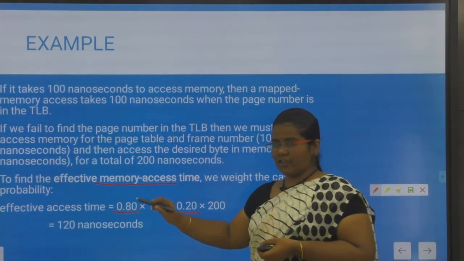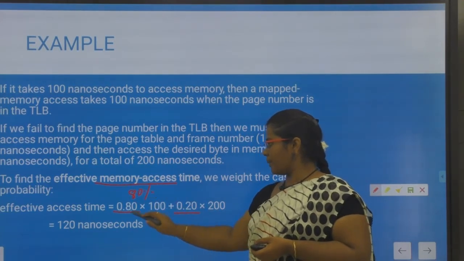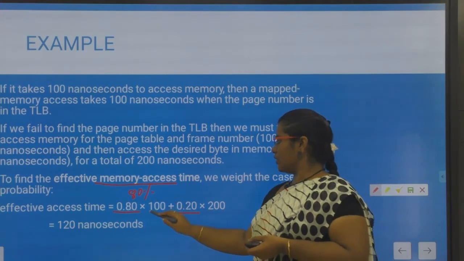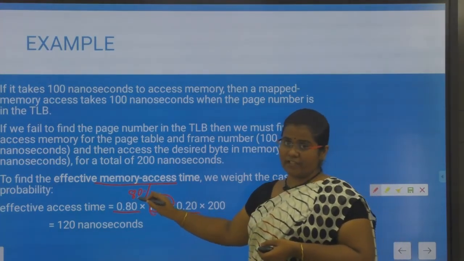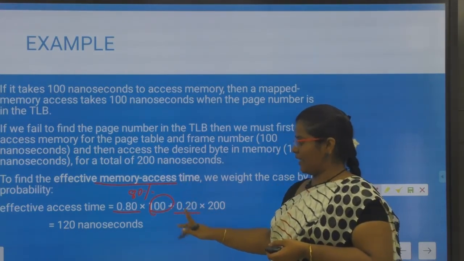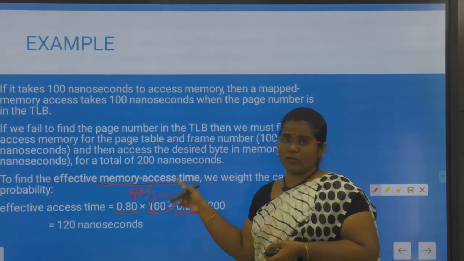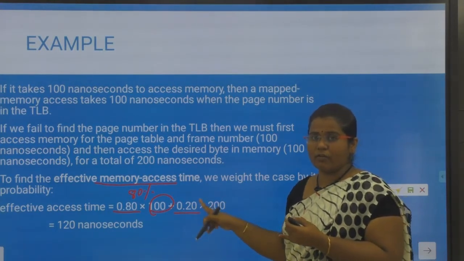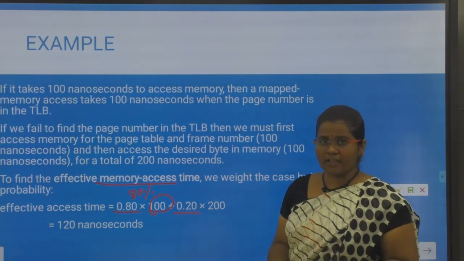If the hit ratio is, say, 80%, you can write it as 0.80 times the memory access time. If it is a TLB hit, you don't need to refer to the page table, because your page number is already found in the TLB.